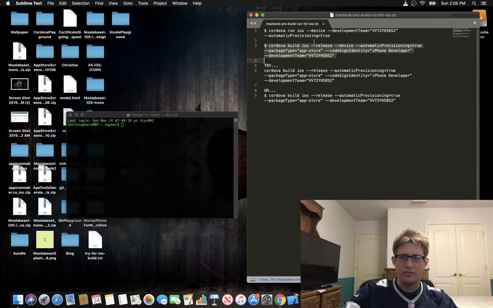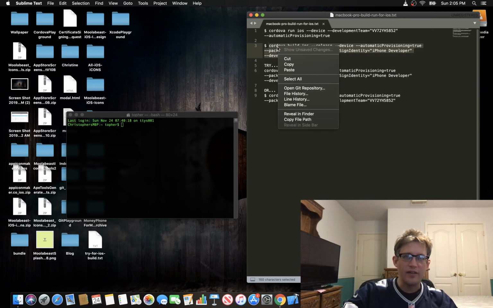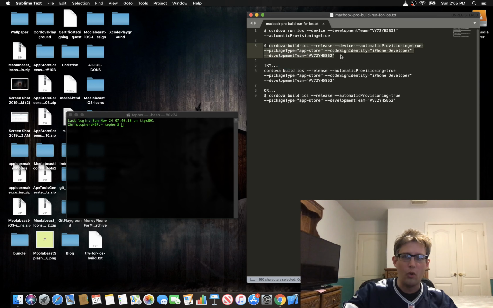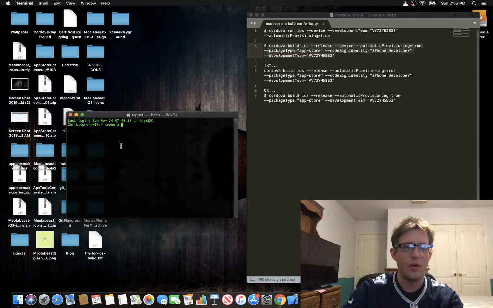Build iOS release device automatic provisioning true. Okay, so I think this is where I'm going to run into the errors. When I try to do this, I think it's going to look for this old certificate and not work. So I'm going to go to my directory here that has my project,